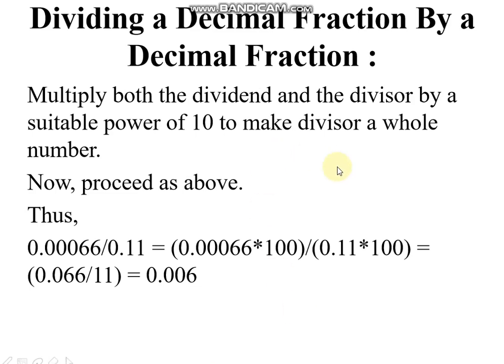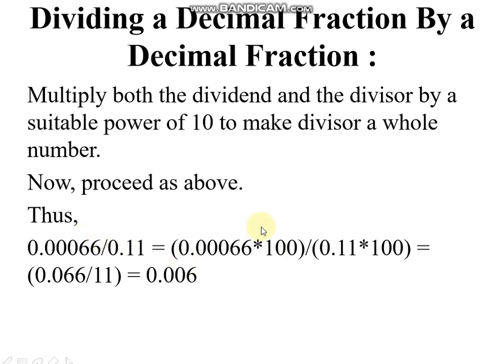Okay. Dividing a decimal fraction by a decimal fraction is so simple. You just divide the numbers and then you add the decimal. Here you have a number, so the denominator you have to make into a whole number first. For that we need to multiply by powers of 10. In the denominator there are two digits after the decimal, so multiply by 10 power 2. Okay, 10 power 2 is 100.